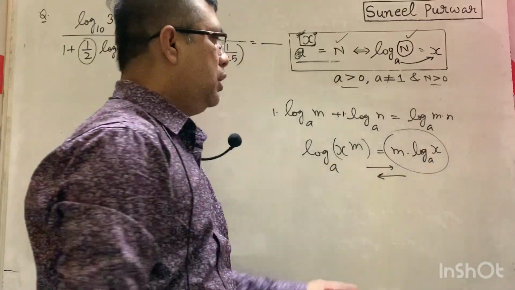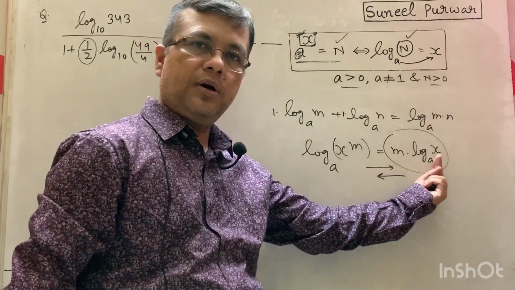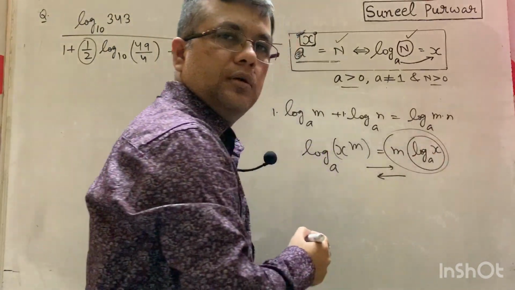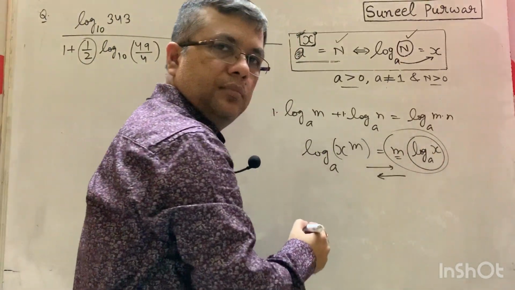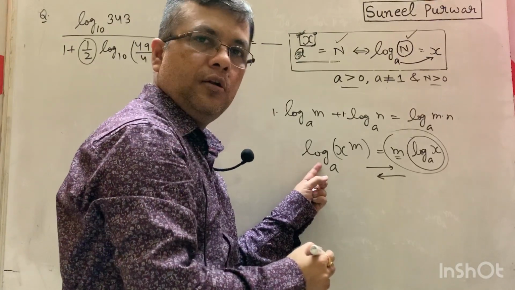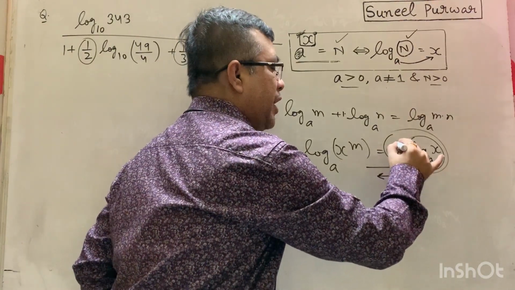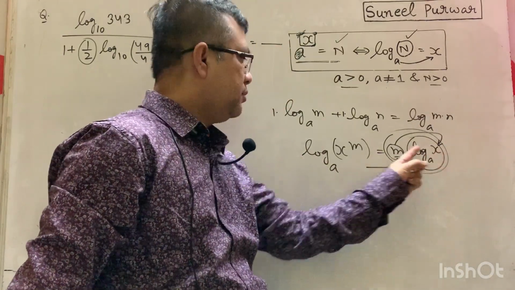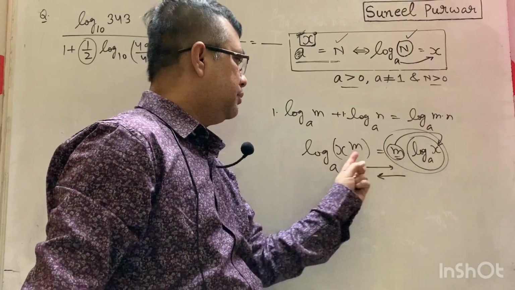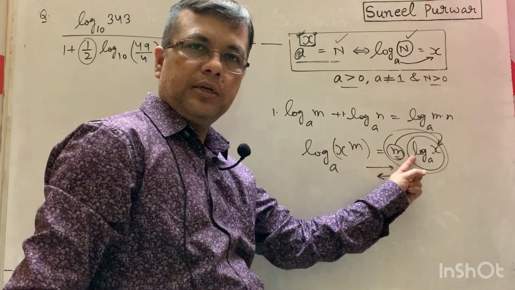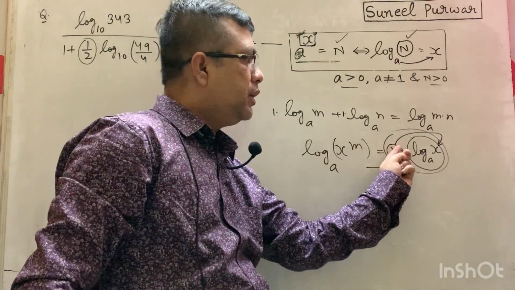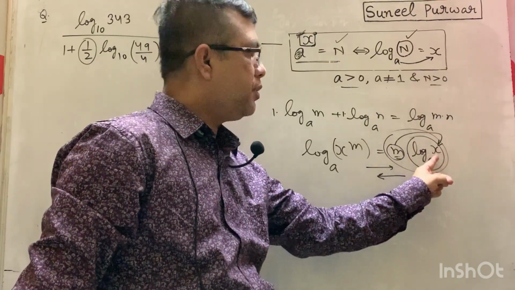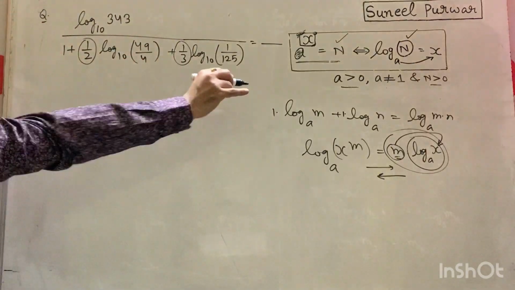How do we state this property when we are going from RHS to LHS? We will say, if a logarithm is multiplied with a number m, then it will become a single logarithm with that number m flying back to this x. This number m flying back to x, it will become x power m. This number m, which is multiplying the logarithm, will go to the number whose log we are taking. It will become x power m. So apply that logic.